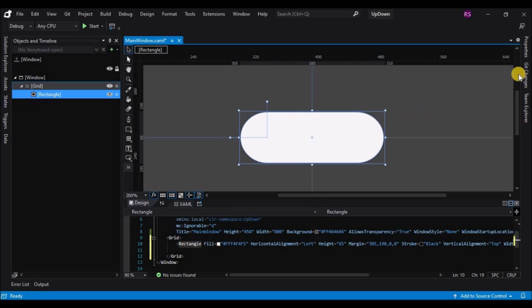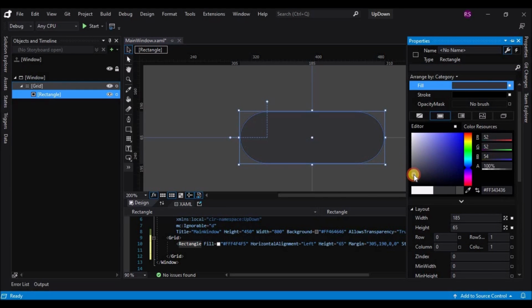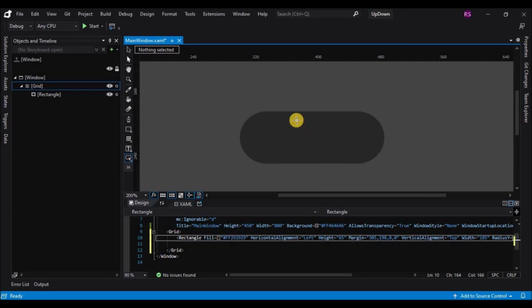Okay, that's done. Now let's change the fill to gray, dark gray. You can also go with a gradient color, but I have chosen a solid color.